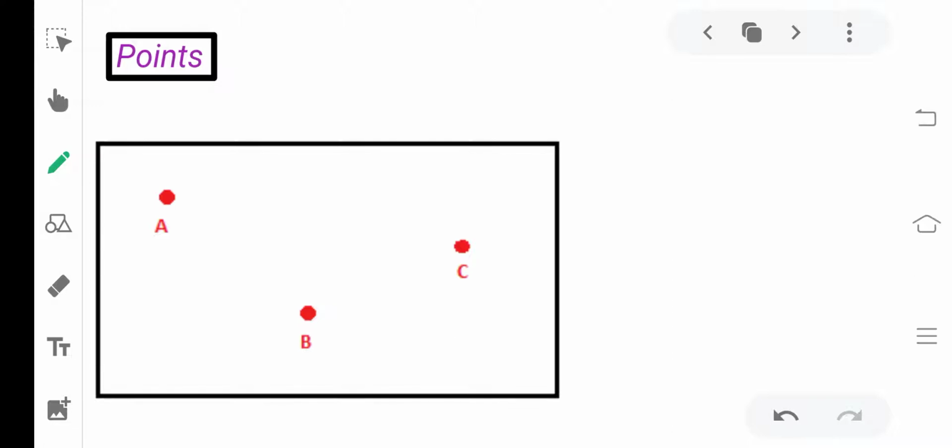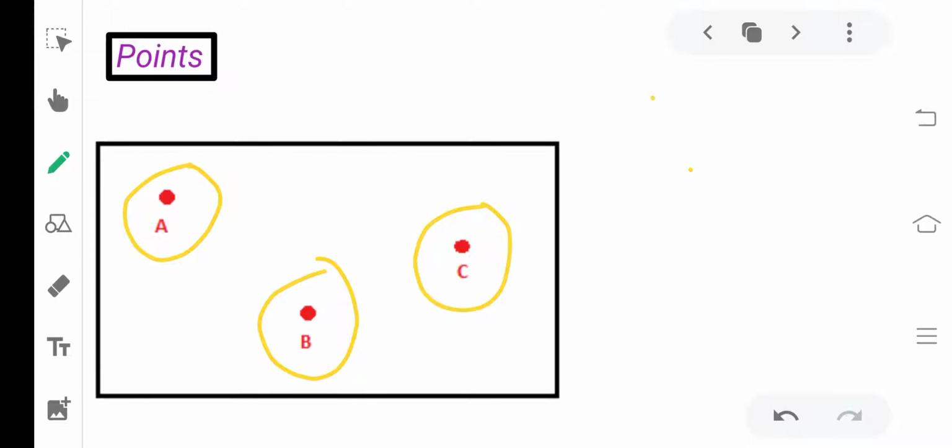Okay. See students, a tiny dot. This is a tiny dot. A tiny dot made by a finely pointed instrument on a sheet. On this sheet, you will see that this is a point named C. This is a point named B, and this is a point named A on the sheet. Okay, and it conveys the idea of a point. The dot is the symbol for a point. Means this dot which you see is known as a point. It is the symbol of a point.